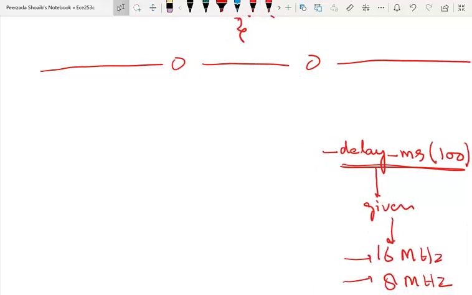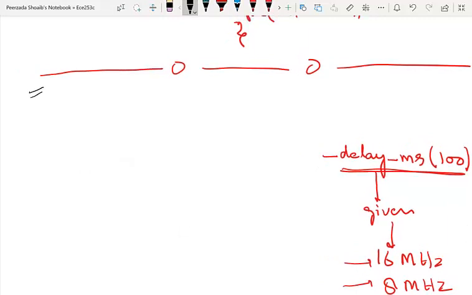Let me rewrite the earlier program. Again starting with #include avr/io.h. Okay, this is the first statement. Good. And then I need to